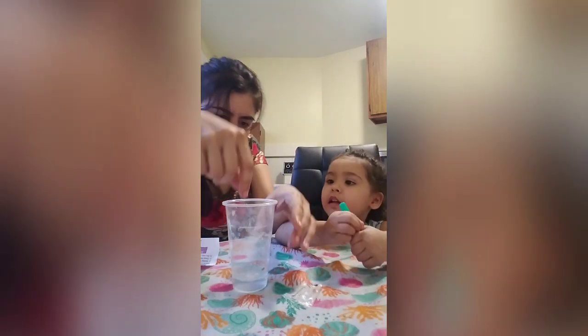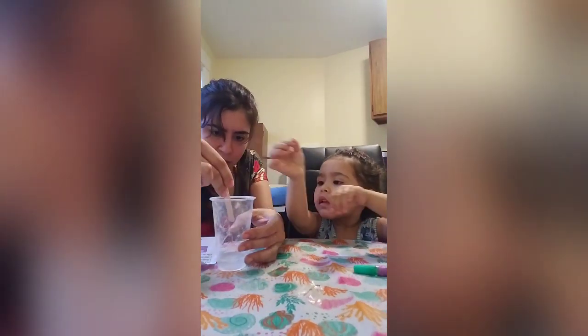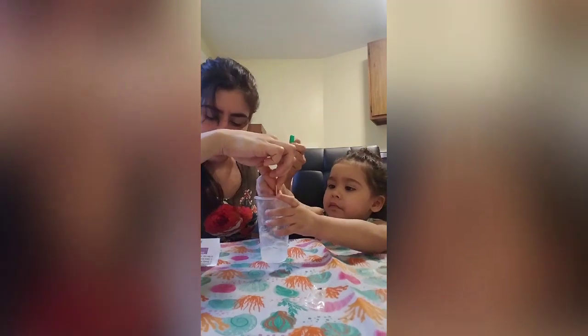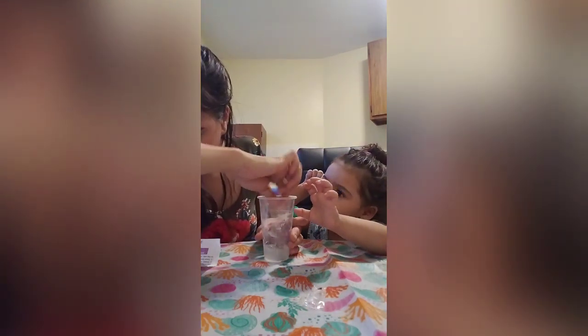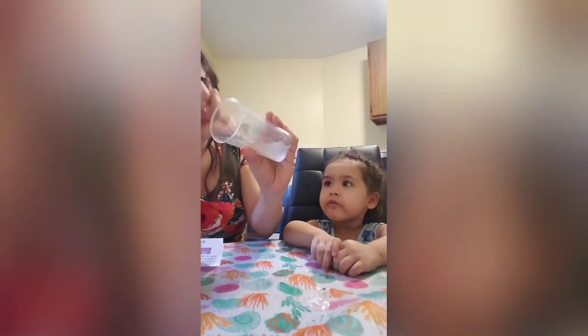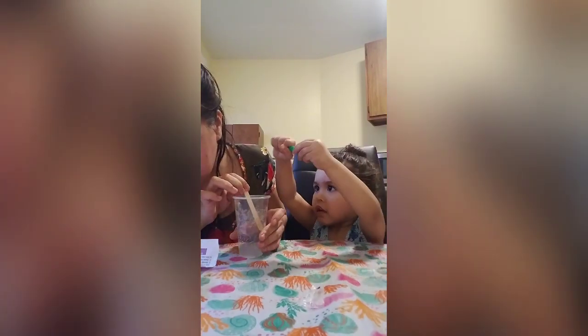Okay, mommy's gonna go ahead and mix it. I gotta take this plastic out though. It's actually having an effect already. I don't know if you guys could tell, but it's very cloudy and it's starting to become thick in there. So you gotta mix like this, okay? No, not yet, baby. I'll let you do it, but it's too tight. It's actually pretty thick texture. So now, once the powder is mixed,